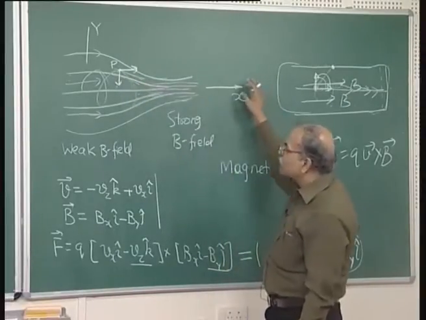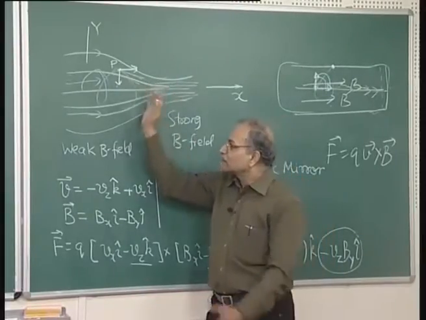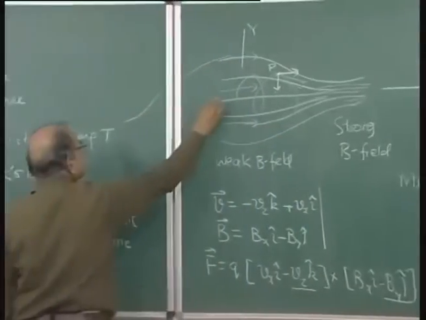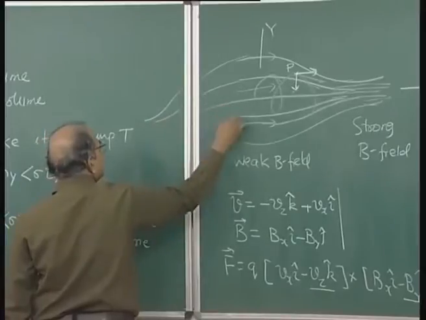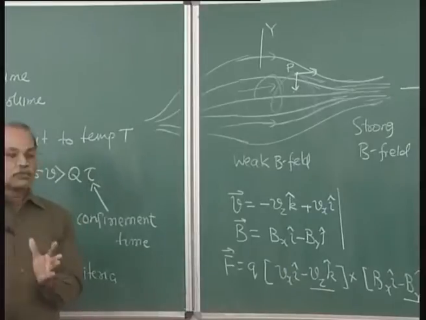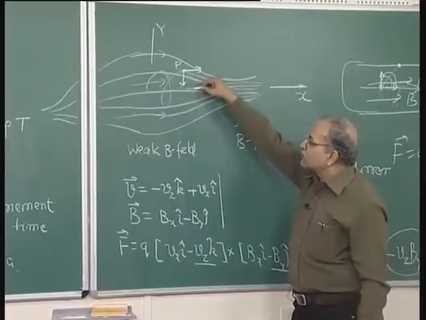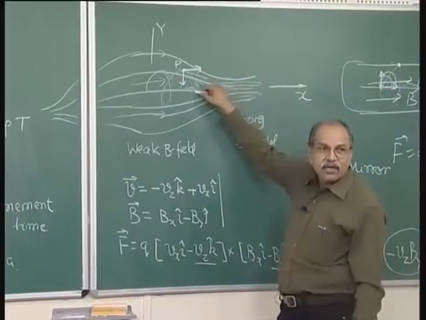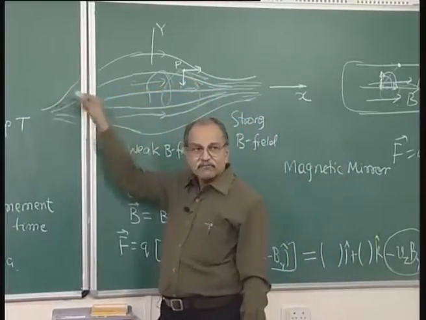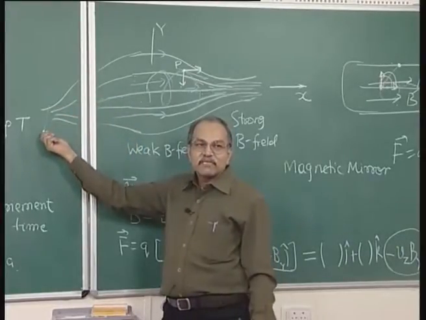So, this third dimension also can be managed with magnetic field, so that it is confined in this. On this side also you can have a similar structure, magnetic field. If the magnetic field is strong on this side also, it is some kind of a bottle, a magnetic bottle. So, if proper field magnitudes are there, this particle which is coming towards the x axis will be pushed back, and once it reaches here and tries to go towards this stronger field, once again it will be decelerated and will be reflected from this strong field region.